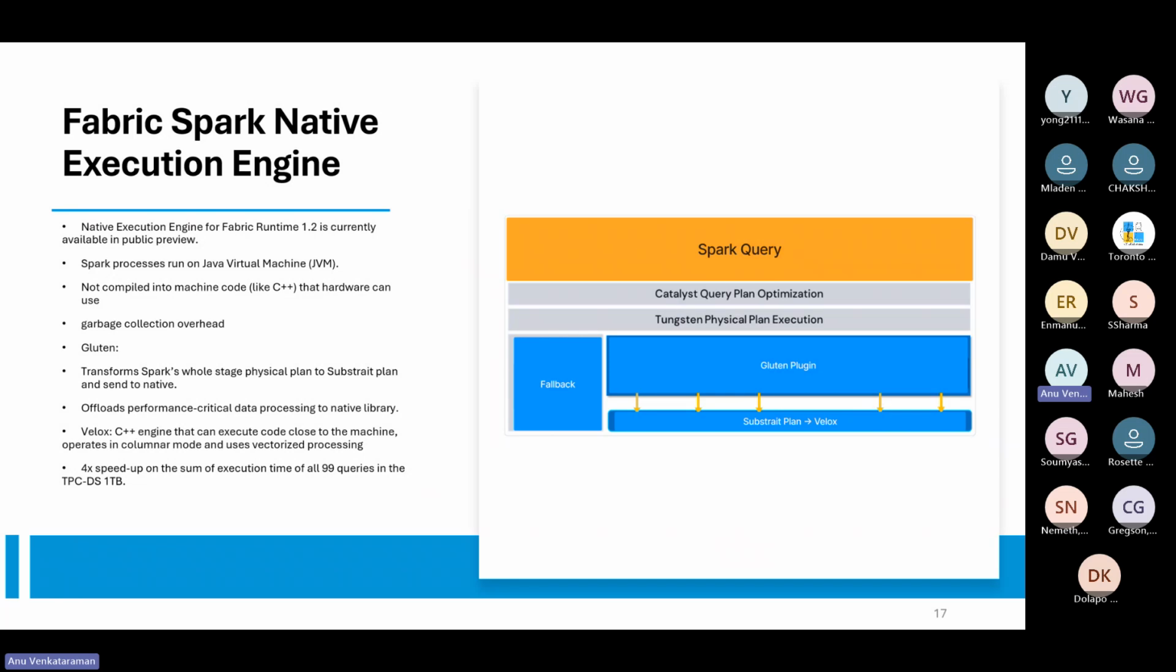open source Velox. Gluten will take this physical plan and check if this code can be translated into C++ code and run on the Velox engine, or if it cannot run, it will fall back to the JVM container. Gluten prepares another plan, called a Substrait plan, which is like a JSON file. Velox takes this plan and prepares the C++ code, which is executed on the Velox engine,